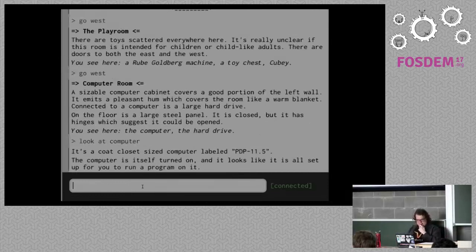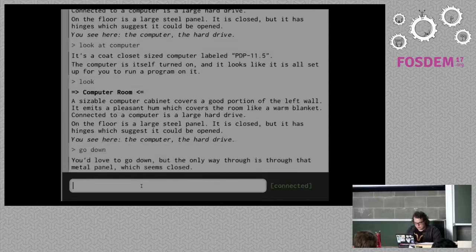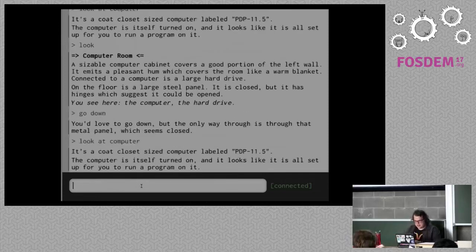If I also look at the room, it says that there's a direction down, but there's a metal panel in the floor, and I can't get through the metal panel. But that's a problem, because that's where my main talk is. All the actually good stuff about my talk, we're just playing a video game now, we haven't even gotten to the talk, is downstairs. So I have to solve a puzzle before I can do this. Okay, so let's look at computer. It says I can run a program on it, so run program on computer.